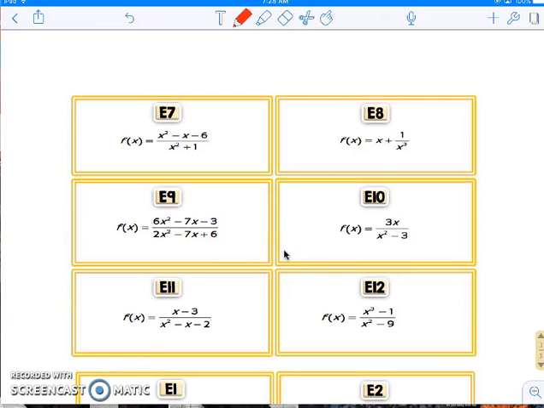So today we're going to take a look at vertical and horizontal asymptotes. So you have some pockets that you are going to cut out, and let's